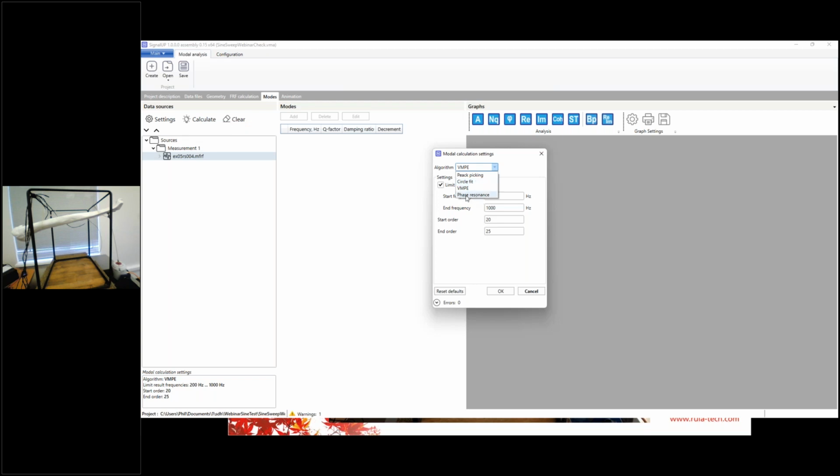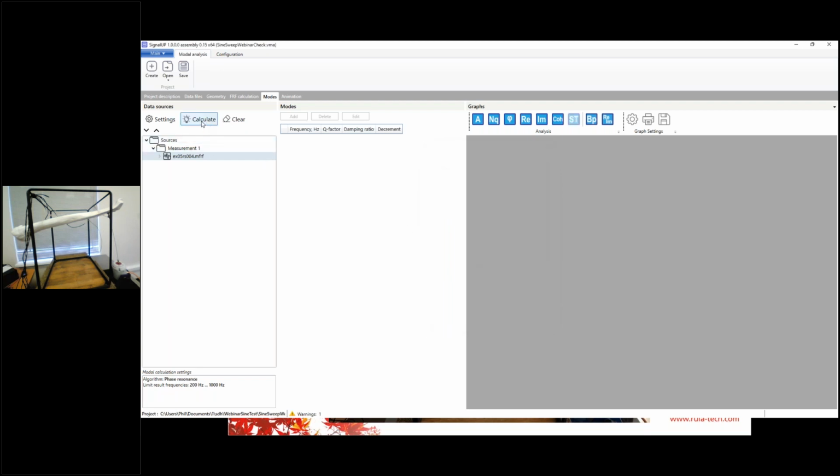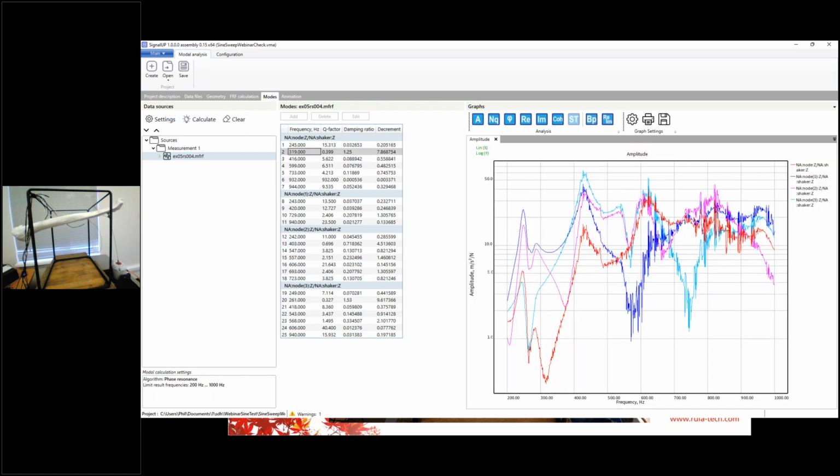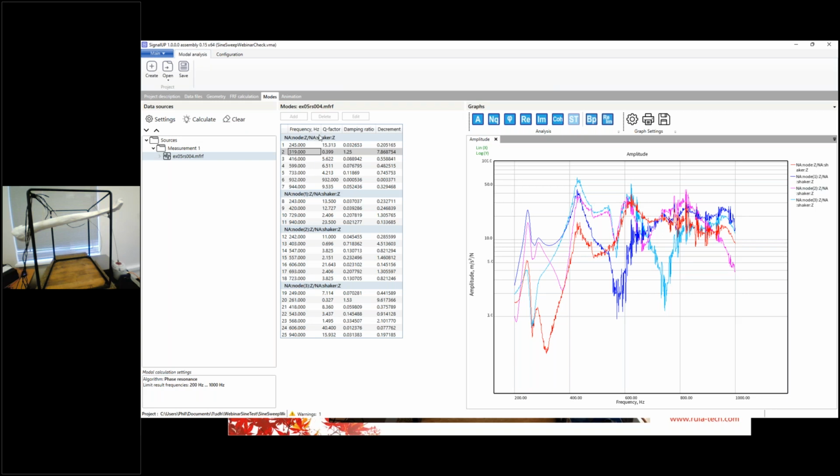But now we will select the phase resonance. It's the easiest way. Here you see that our start and end frequency are entered, and we press OK and press calculate. And here we see a table of all the modes. Here you can create graphs of these modes, and we have a Q factor which describes the sharpness of the resonance. So let's go to the animation tab